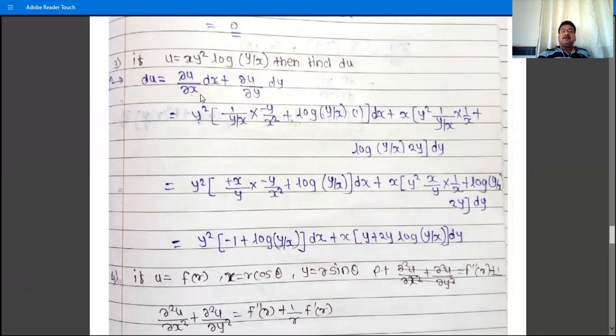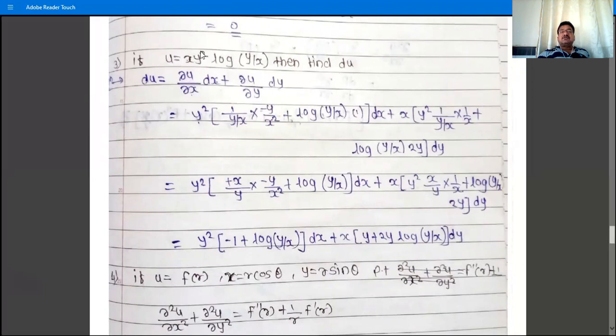du means the complete derivative. du is ∂u/∂x dx plus ∂u/∂y dy, because u is a function of x and y. If u is a function of x, y, z, then write one more term, that is ∂u/∂z dz. So ∂u/∂x, the derivative of this quantity with respect to x,